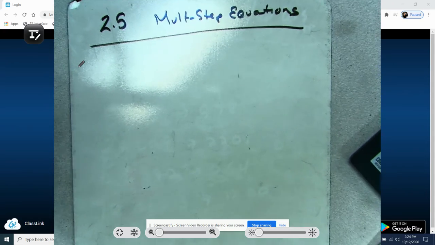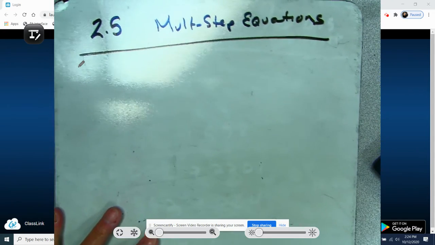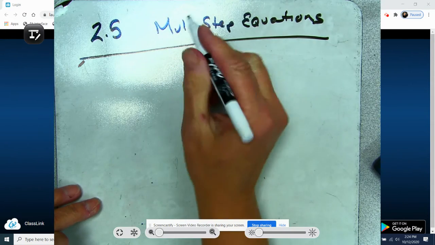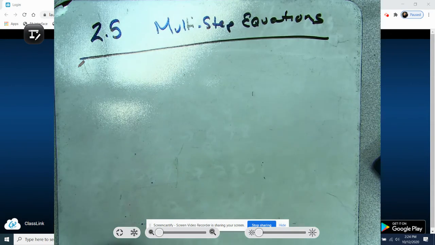Okay, guys. Today we're going to work on 2.5, which is solving multi-step equations. Now, when we solve a multi-step equation, it's the same steps we've talked about. You're going to use the distributive property to get rid of parentheses. You're going to combine like terms and so forth. One of the things you do have to know about doing multi-step equations is that